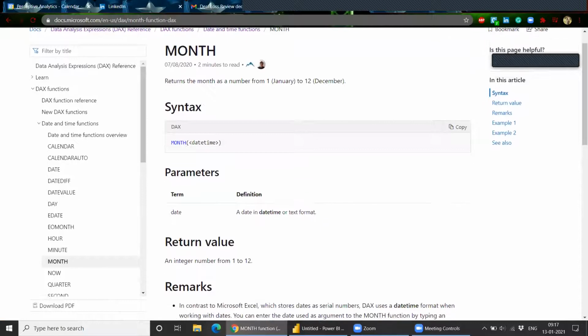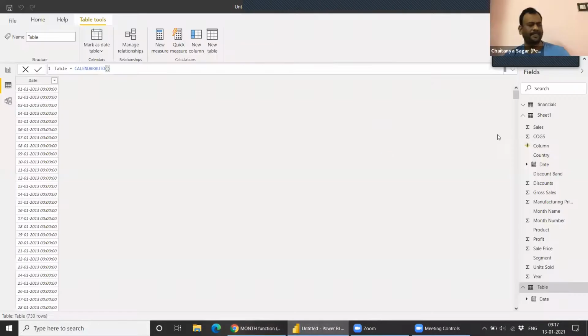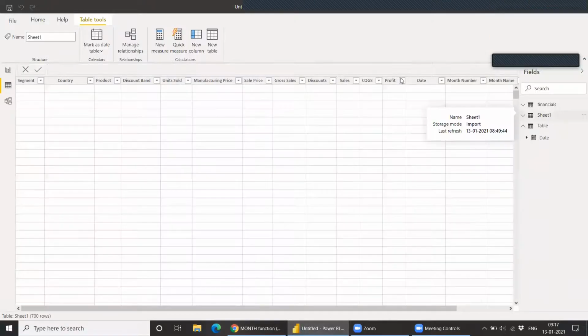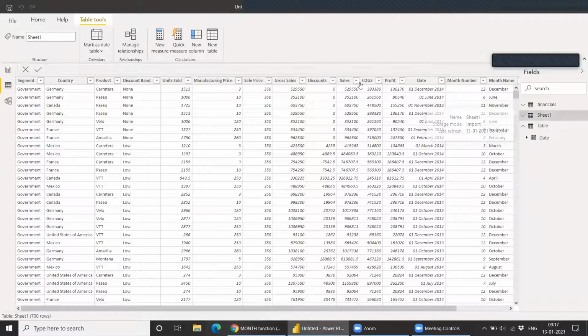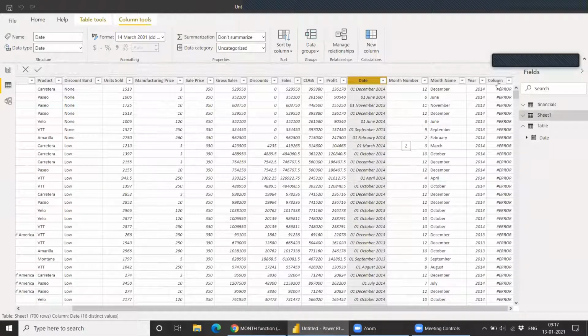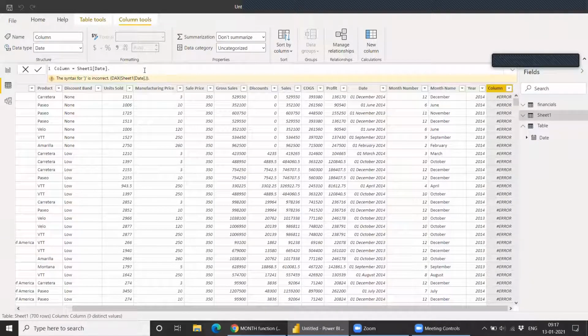But the one thing which I already showed you, whenever you are using a date column in a calculated column, it will give you all these features: month, date, time, whenever you want.